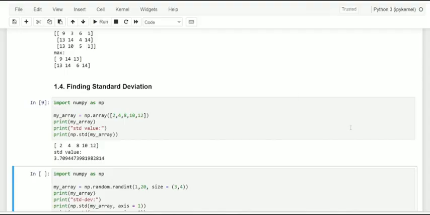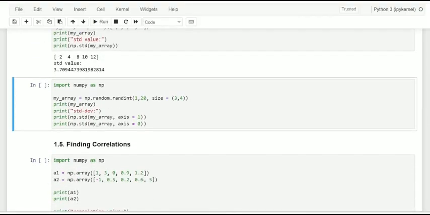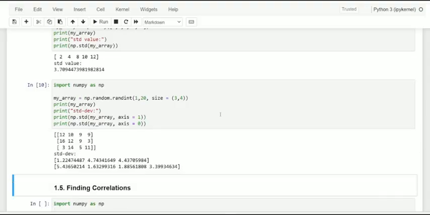And of course, we can also identify the standard deviation of a two-dimensional array. Here the size of the two-dimensional array is given by 3, 4. By working across the row wise and across the column wise, we can identify the standard deviation of the two-dimensional array, assuming the given values are 1 to 20.